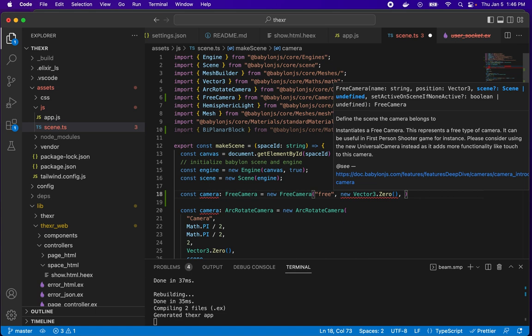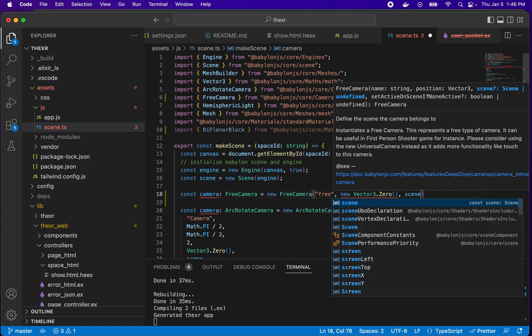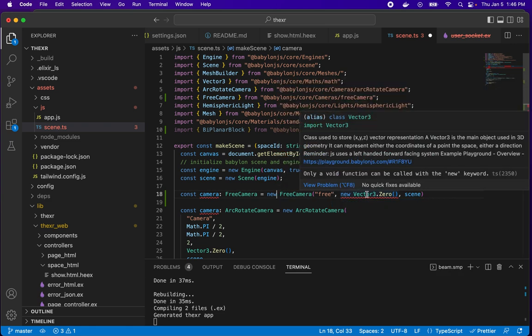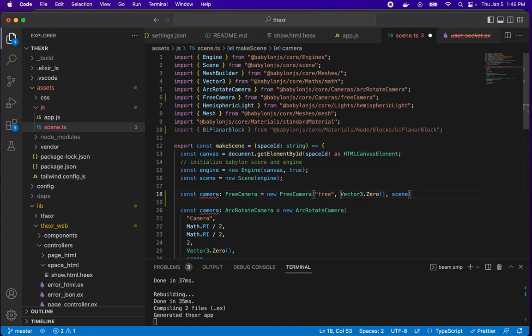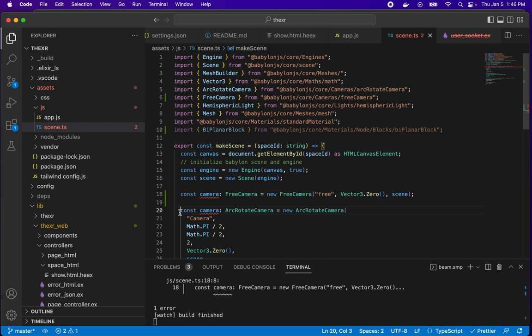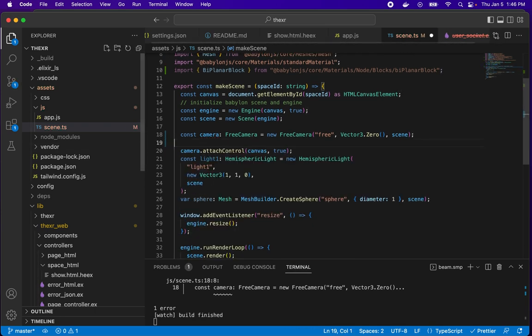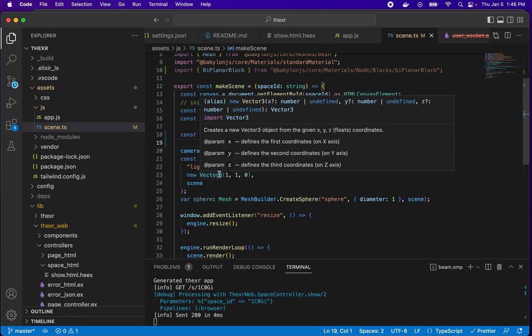And the scene. And I think that's all it needs. So we'll save that away and see